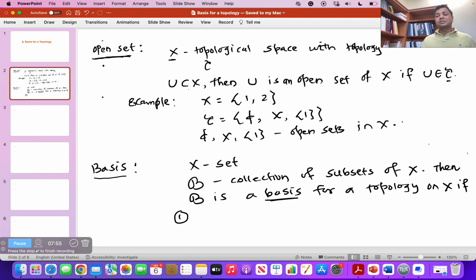Basis elements are the elements of this collection script B, and they are nothing but subsets of X. And this collection script B is called a basis for a topology on X if it satisfies the following two properties. The first one is, for each